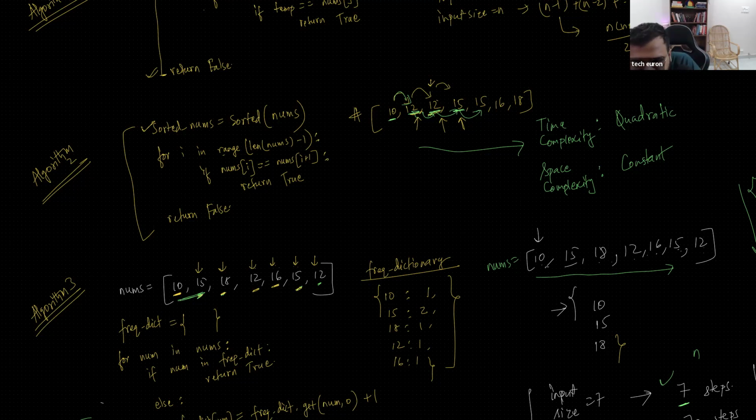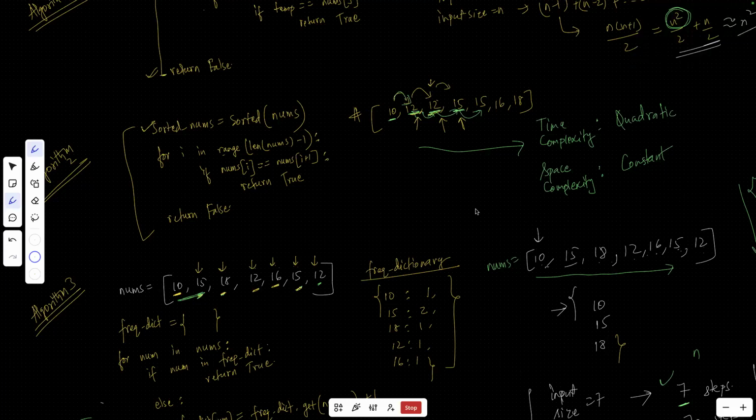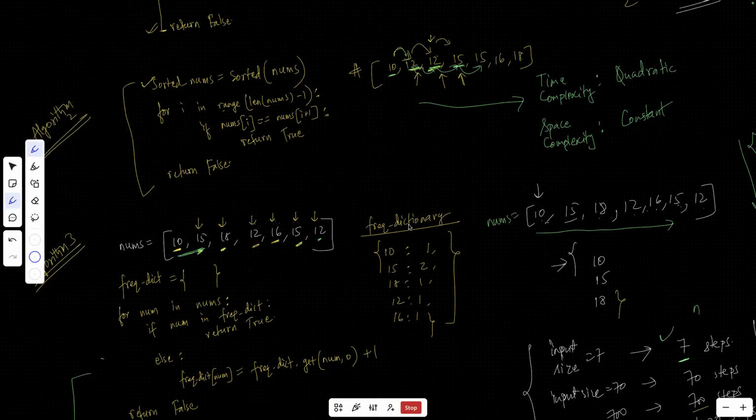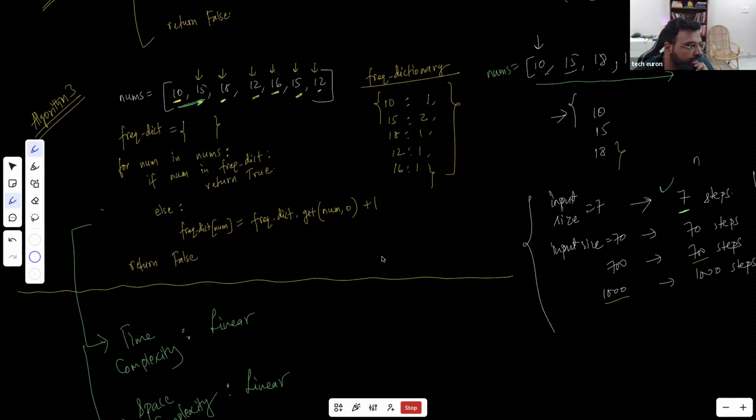Manas is saying, if we are just using duplicates logic and return, can't we just have another list instead of a dictionary to store, as we are not increasing the count? We just see if the number is already available. Manas, I did not understand. Can you repeat? For example, here in this case, we have the frequency dictionary, where we are not doing counts like 10, 1, 15, 2. In the logic it is written, if any number is available, then just return true. And if I am just checking duplicates, we can just use a list instead of a dictionary, right?